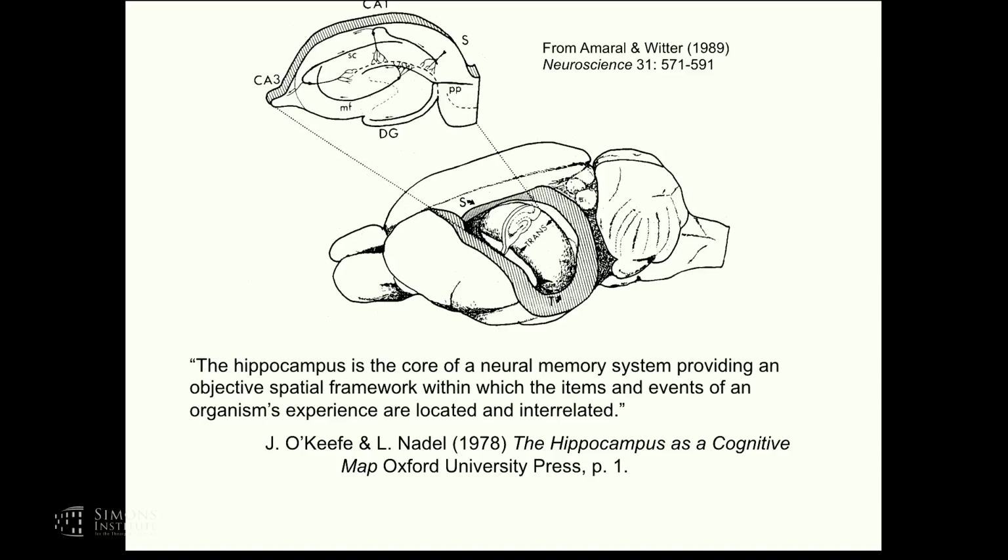But this theory is an explicit theory of episodic memory. O'Keefe and Nadel, at least as they originally intended it, the point of the spatial framework is not just to support navigation and spatial learning, but this is the framework that they thought the brain uses to organize and interrelate the items and events of experience, in a way that all the different components of experience can be brought down and interrelated onto this spatial framework. We now think about it as a spatial temporal framework, and I think Mike Hasselmo will be talking about that later on, and binds it together in a way that it can then be retrieved as an episodic memory.